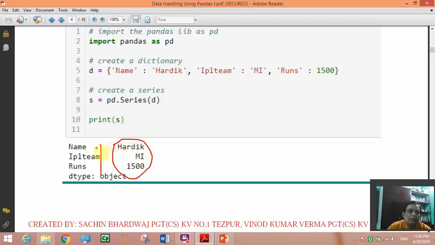Automatically it will take all keys in the index part. So this is the benefit of a dictionary in using series. No need to give a separate index, it will take keys in the index part and values in the data part.